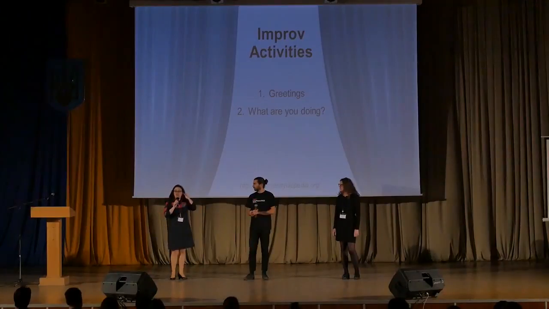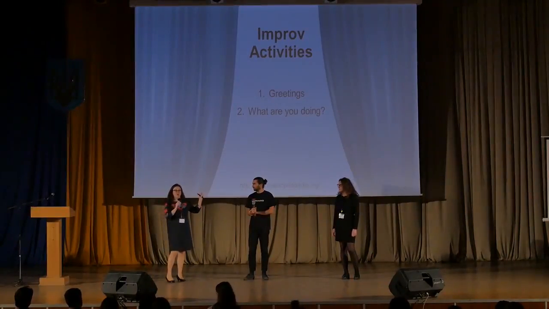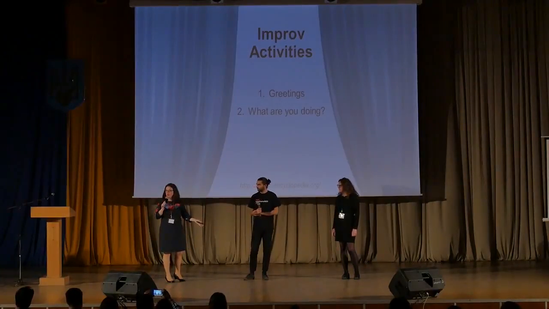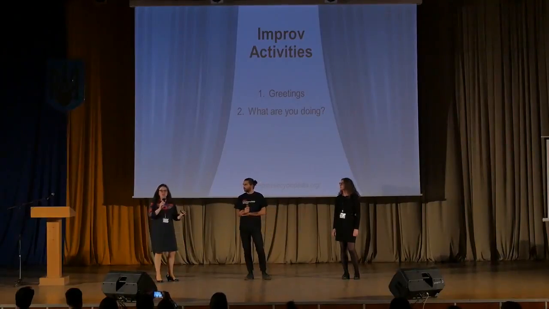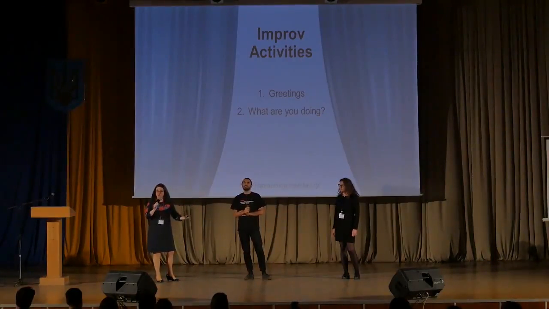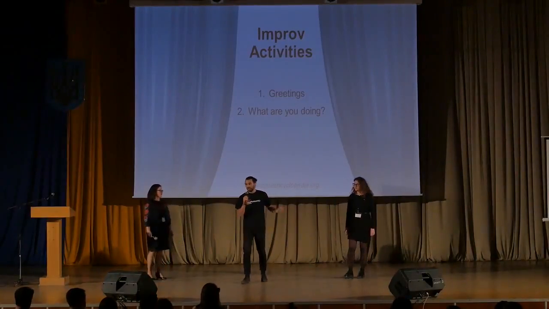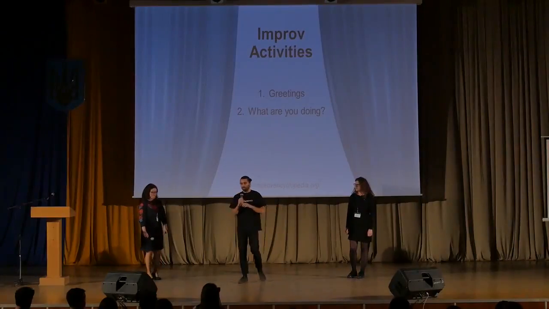So Dane is going to start doing an action. And the moment Aliona can recognize what he's doing, she's going to ask the simple question, what are you doing? He can answer anything he wants, but what he is actually doing. Okay? Let's try it and see what it looks like. Okay, so she will ask me and then I will rotate out, yes? Okay.